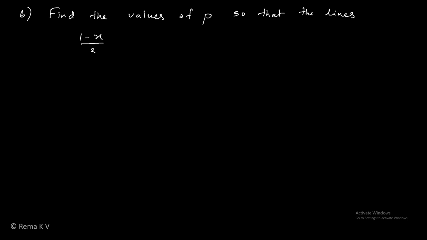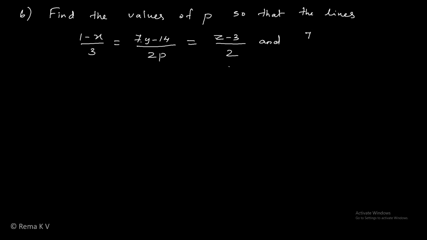Now another question. Find the values of p so that the lines (1 minus x)/3 equals (7y minus 14)/(2p) equals (z minus 3)/2